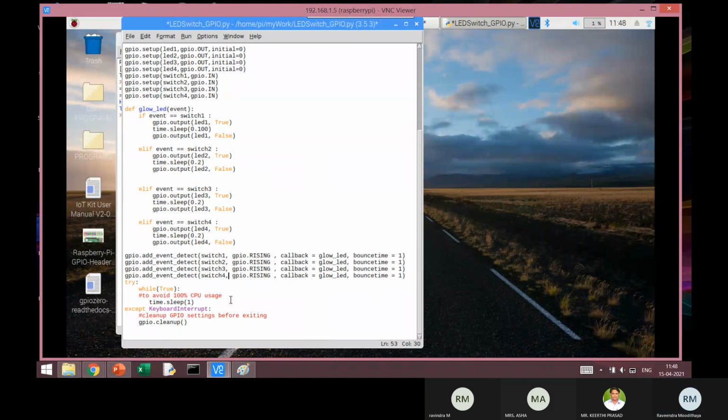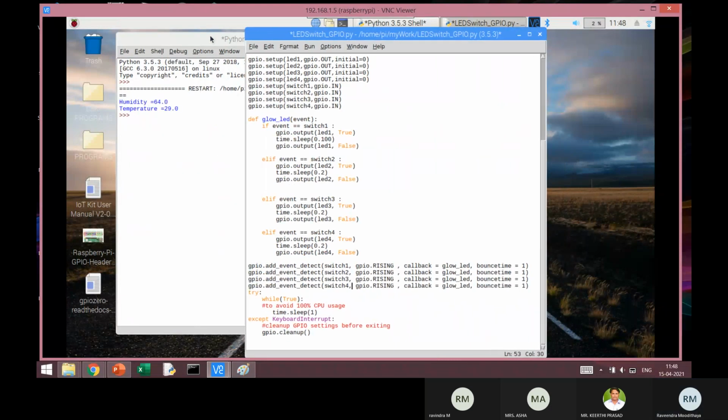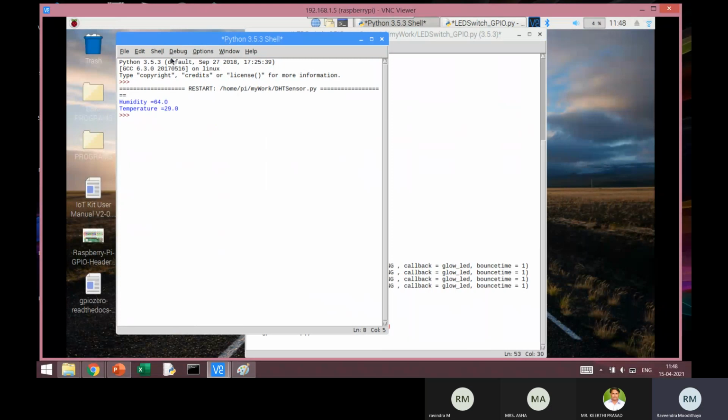So the program should run indefinitely, and the only way I can terminate it is by pressing Control C. Or in the Python shell I can give interrupt execution, which is equivalent to Control C.